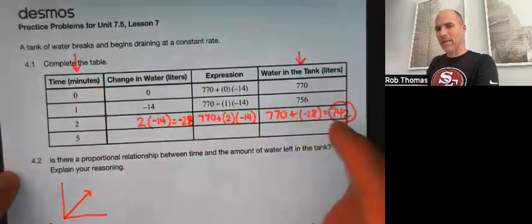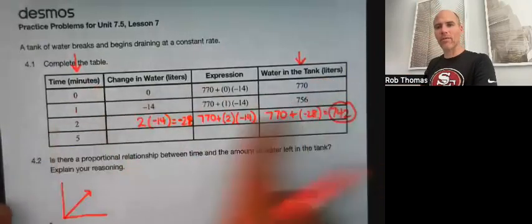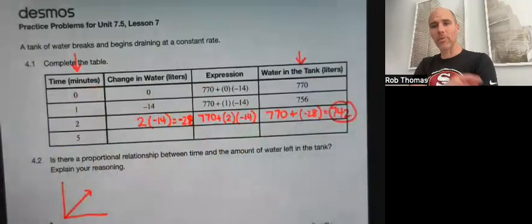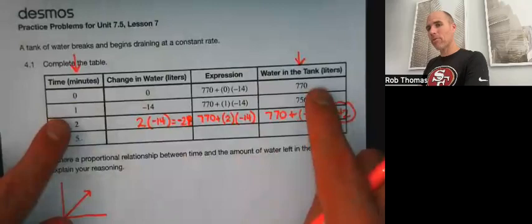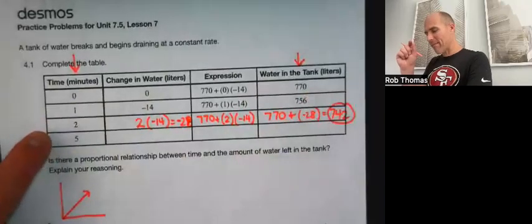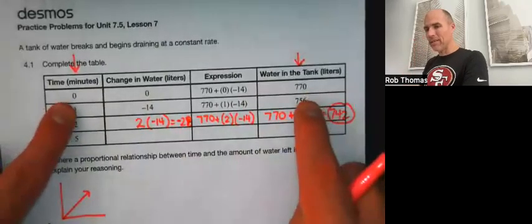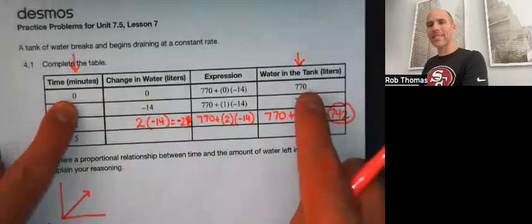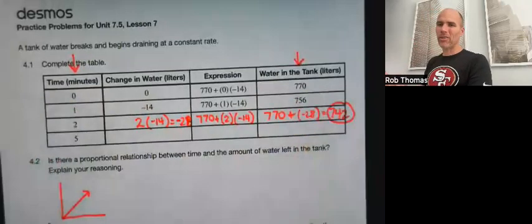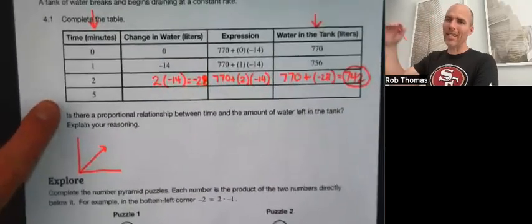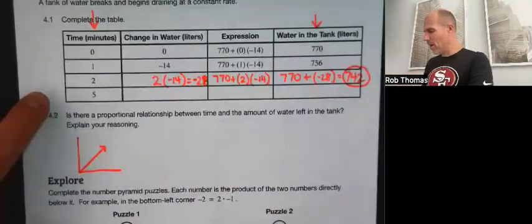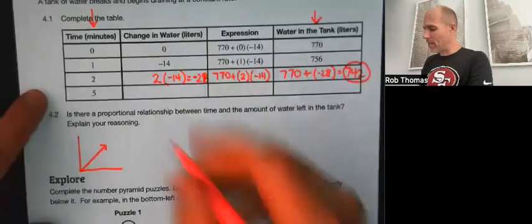If not, then you have something that we call a linear relationship that you're going to work with in 8th grade. These are very, very close to proportional relationships, but because 0 minutes isn't 0 liters, we don't consider it proportional for what we're learning in 7th grade math. So you'll learn about these linear relationships in 8th grade. So I would say no,